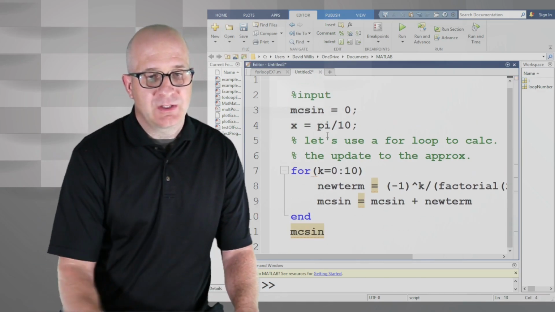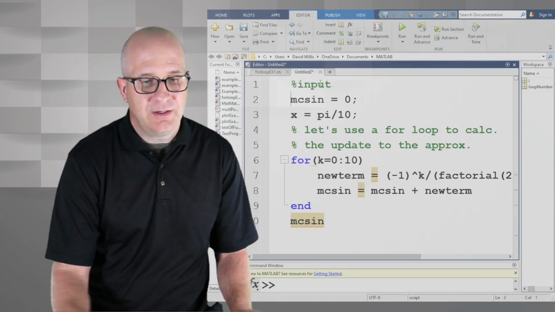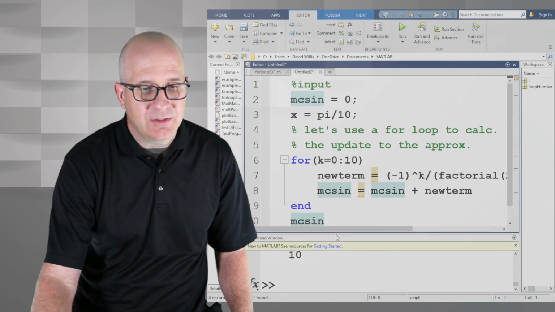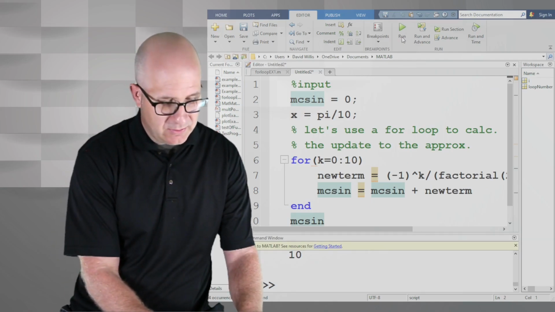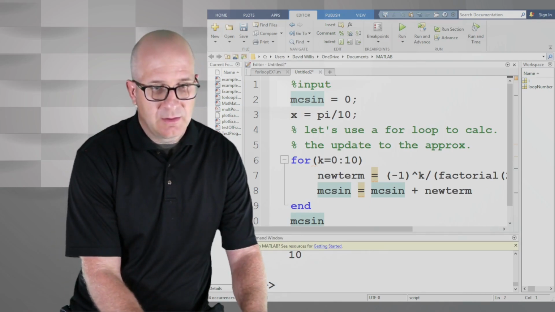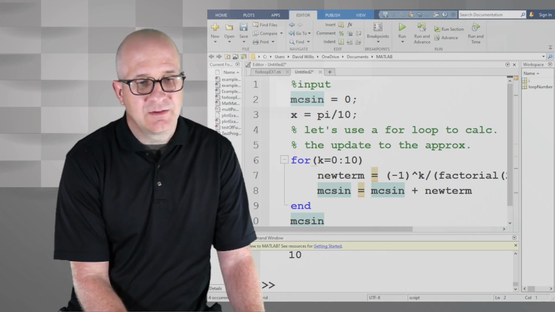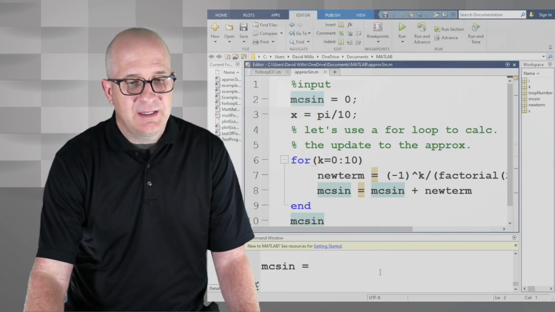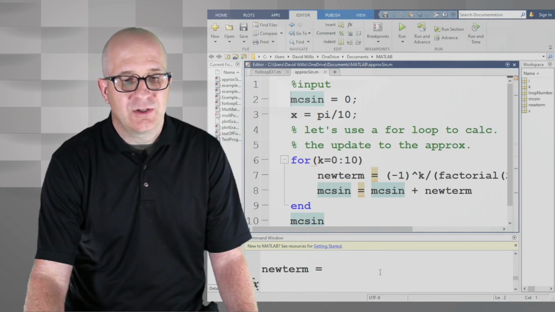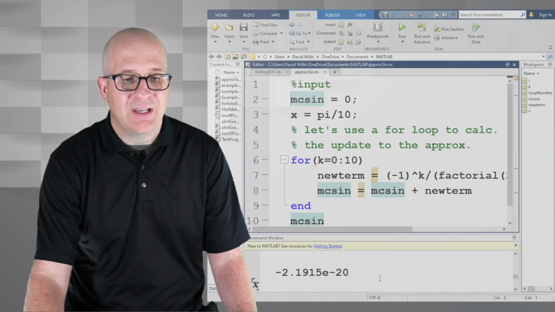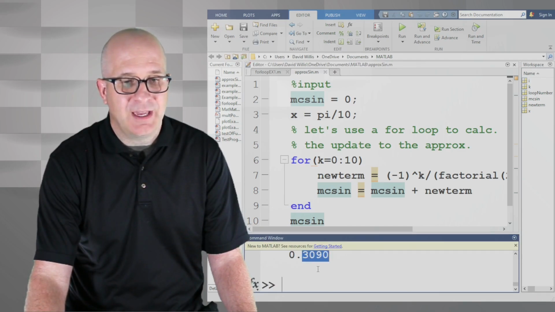So here we go. I'm just going to make it a little bit more compact, so take out the enters here. There we go. And this is going to allow me to go up here, and I'm going to run this code. And we're going to call this code approx sine, like this. I'm going to hit enter. And the approximation for sine, you can see that we've added new terms each time. There's all kinds of things going on in that loop. But we're going to say that we approximated the value of sine at pi over 10 equal to